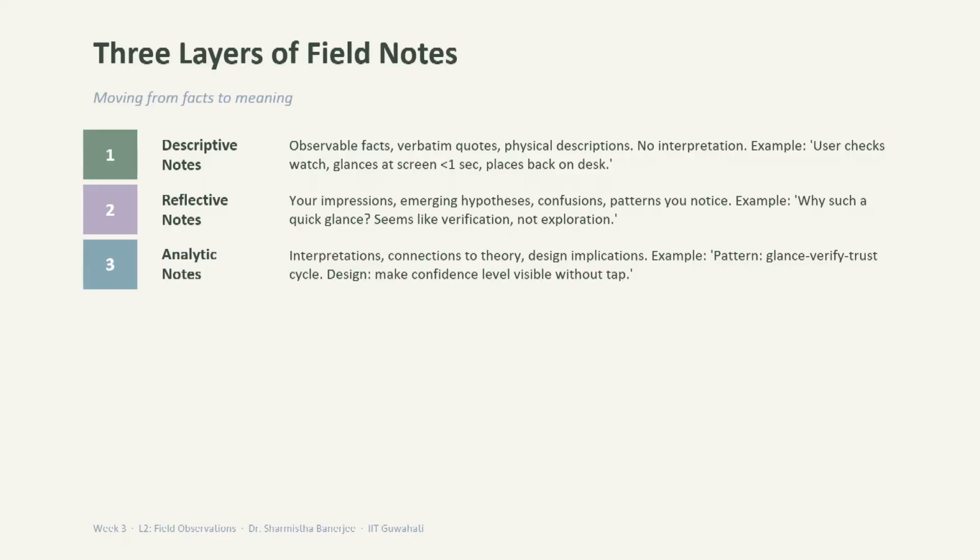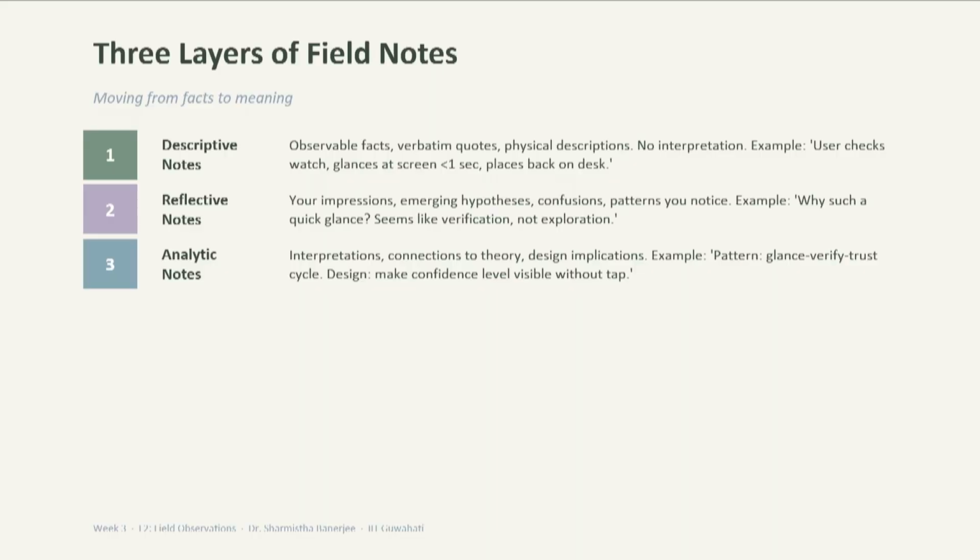The next layer is the reflective notes. Here you start writing down about your impressions. So, I am seeing a person who is wearing the hydration belt and who is also wearing a smartwatch and running. So, what is your impression of that? Here, when we are trying to write down these impressions, I am trying to make a hypothesis. I think this person is doing it because this person is going to go for a long run, and this person is training for longer professional runs, or is very serious about their fitness and wants to track their fitness. You can also note down at this point of time if you have any confusion, like why they are doing this particular